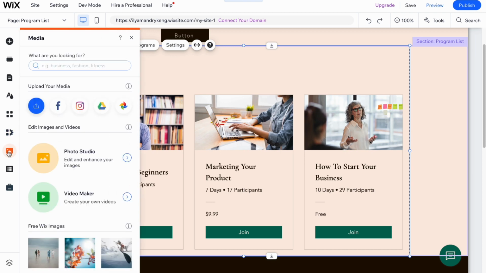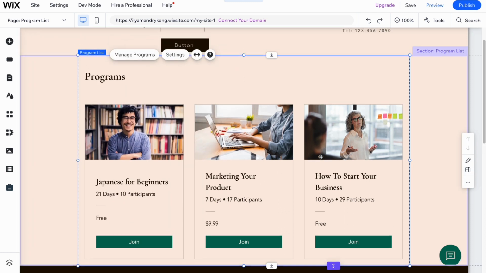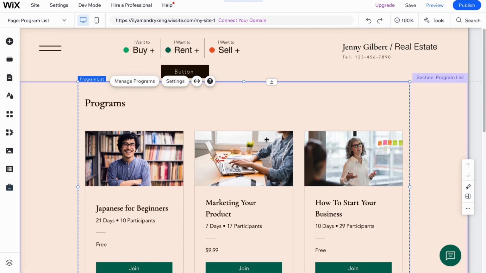Also, we can find a media here where we uploaded our files, our social media links, our videos, and so on. And we have a CMS where we can generate as many pages as you need based on a single layout. So yeah, when everything is understood, we can start creating or start managing our content on our